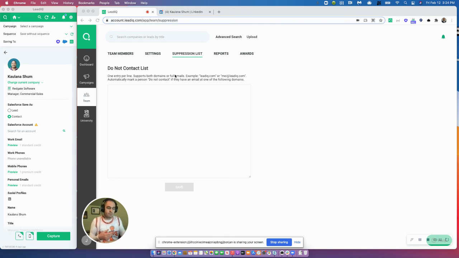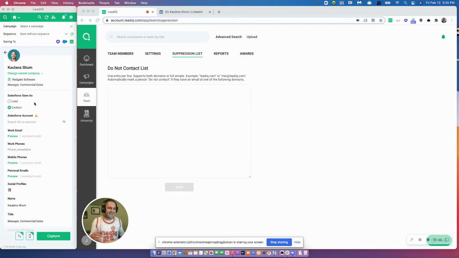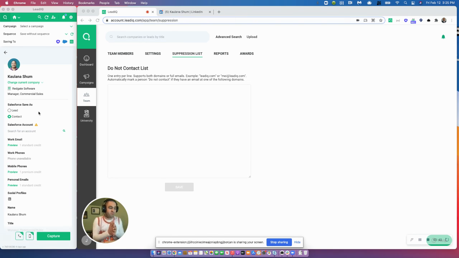So if any sales rep at your company tries to prospect a person who's opted out, instead of seeing information like you're seeing here for Kalana, all you'll see is a box that says contact info suppressed. And that's it. That stops it right there. That sales rep now cannot see any data that we can find for that prospect, and they can't export that person into their CRM. So that's a way that we can help you be more compliant, and help with data privacy and some of these legal concerns that might come up with data.